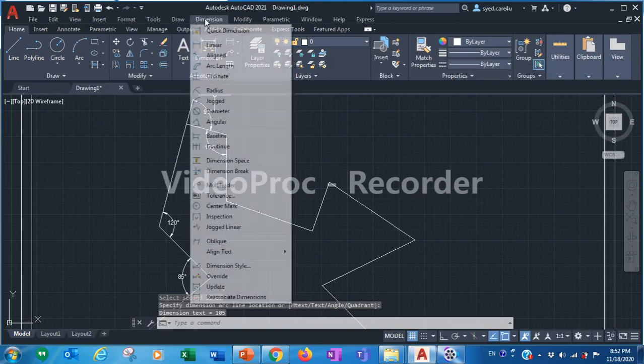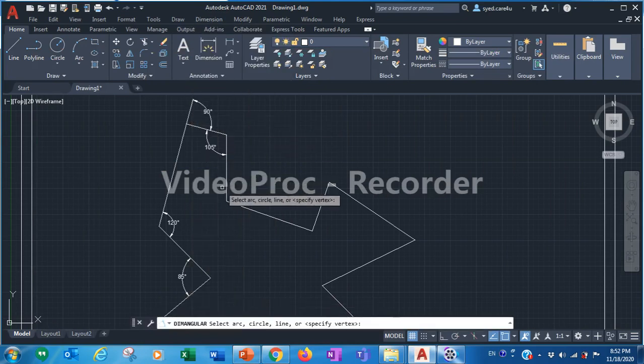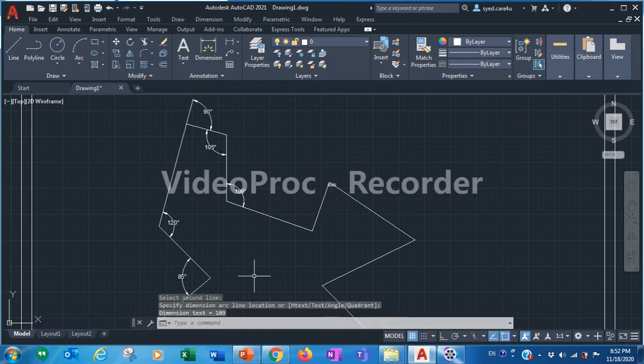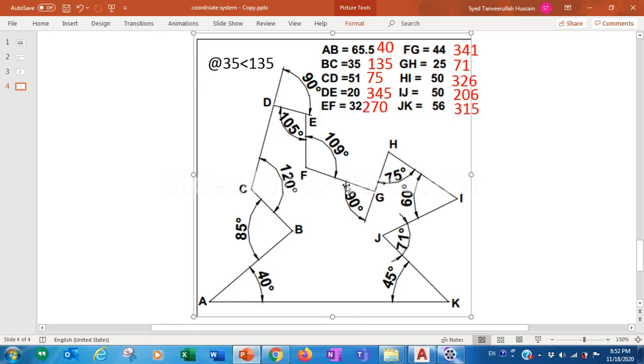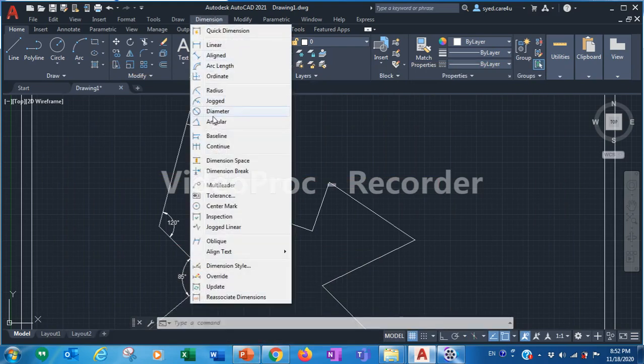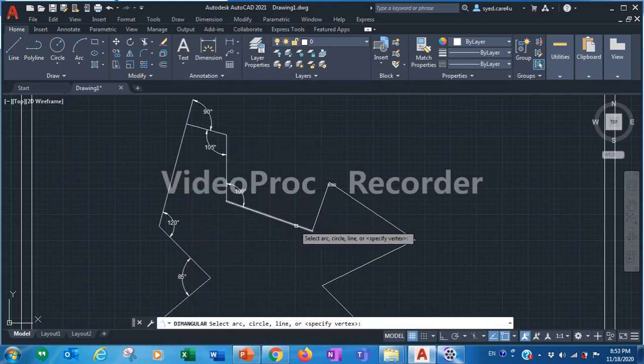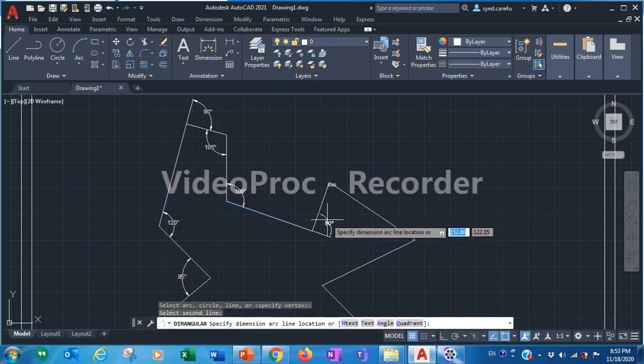So click on the dimension, angular, this line, click on the second line, 109. Next, this angle 90. Go to dimension, angular, click on the first line, click on the second line. Now you don't need this, you need this 90.